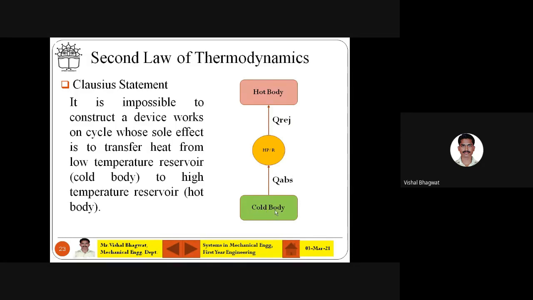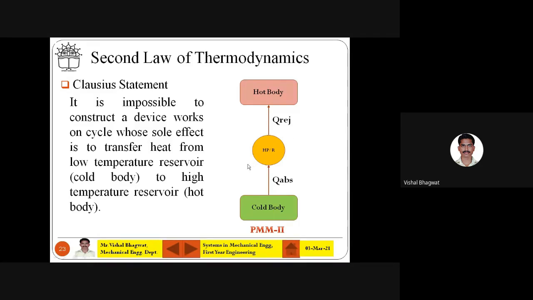So here it is extracting heat from a cold, low temperature body, and rejecting heat to the high temperature body. Is it possible? Naturally not. Can you extract heat from a low temperature body and send it to a high temperature body? In that case, the law is not valid, because heat flows from a high temperature body to a low temperature body. And Clausius is also saying that it is impossible to transfer heat from a cold body to a hot body. So this is a PMM2. Someone may claim to make such a machine which extracts heat from a cold body and rejects it to a hot body.